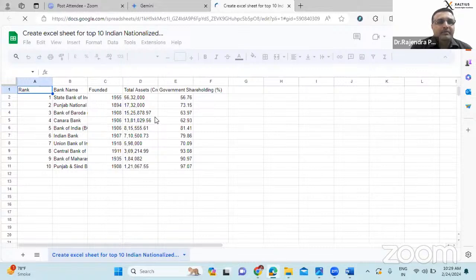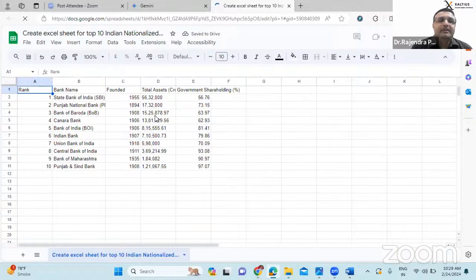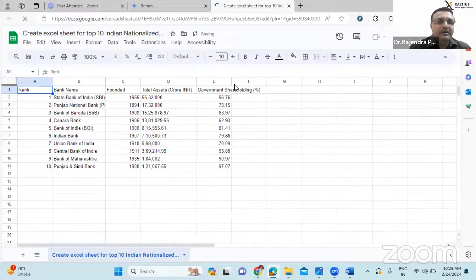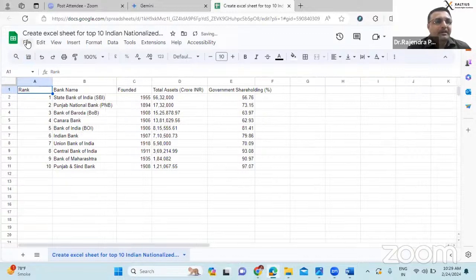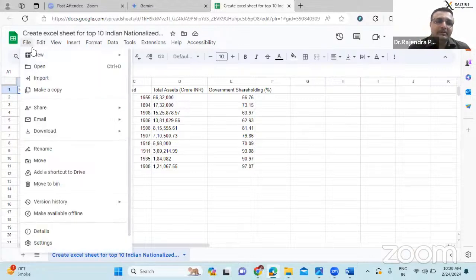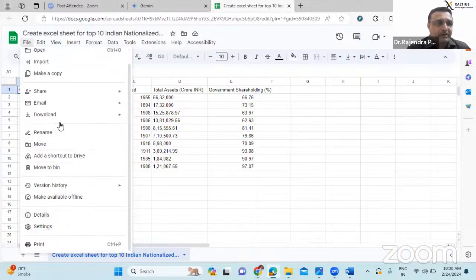Now if I had asked you, what would you have done? Google, then search for some data. If I'm asking for 50 banks, I will get 50. So if someone is doing research in commerce management, this is useful, isn't it? If you ask for general details, you will get the NPA and all this data also. Not only this, after going to Excel, you can do a lot of insights and analytics. So right now, as a researcher, you can just collect the data. Once your data is collected, I'll show you what you can do further.